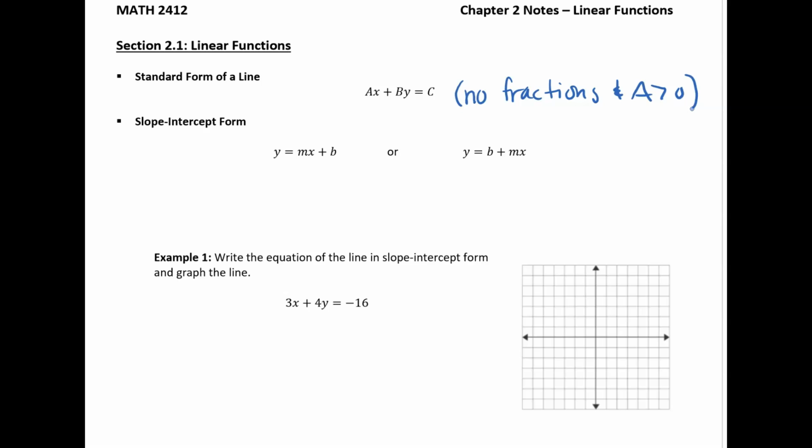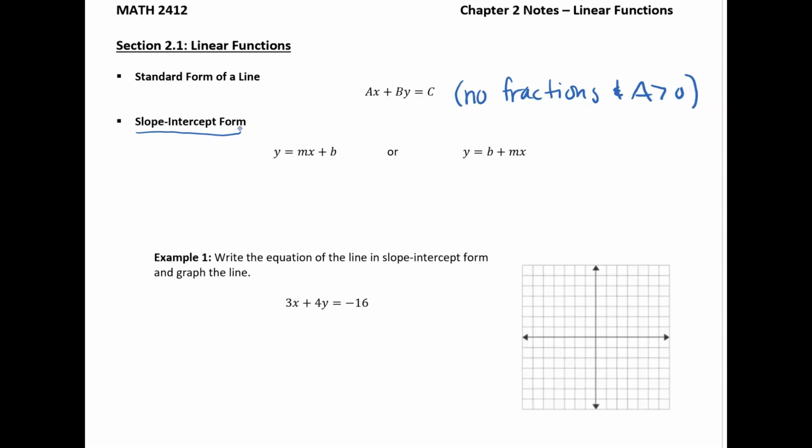And so when we're looking at that, standard form is like the really nice way of writing a linear equation. You don't have any fractions, your a is always positive, you've got all your variables on the left, you've got your constant on the right, and it looks really pretty. And there are times and places that our functions look like that. But typically most of the time you're going to see more of things in this slope-intercept form,